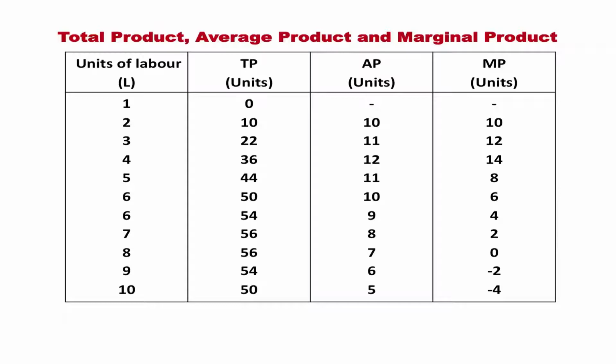For 9 units of labor, as we can see, the MP is minus 2 because it is 54 minus 56. And this leads us to a very interesting fact in economics, which is known as the law of diminishing